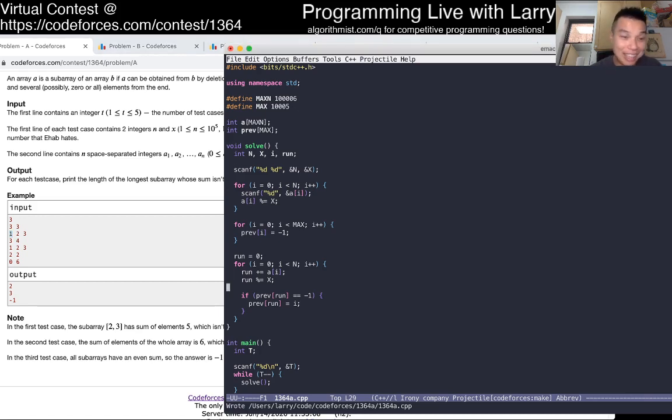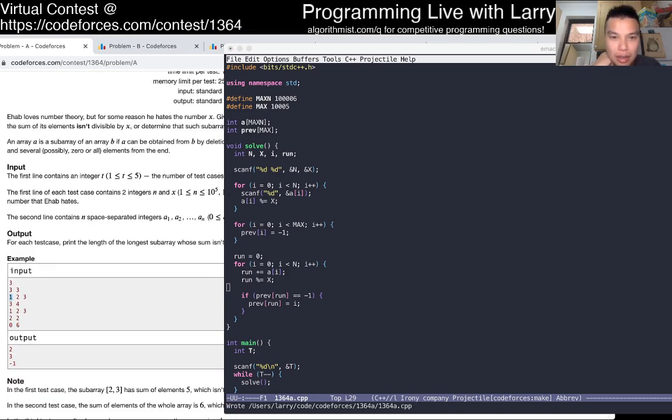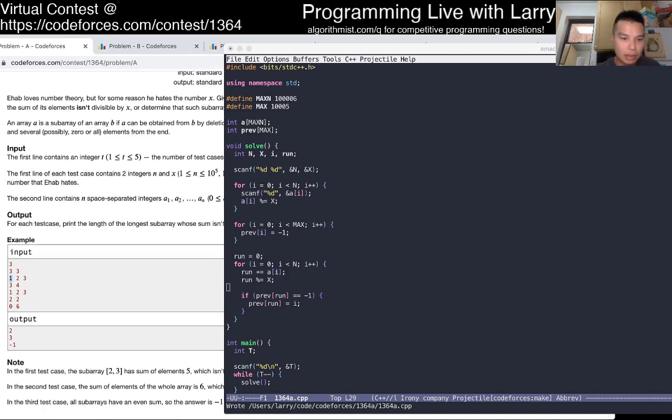Wow, it's a good thing I didn't do this live because wow, I am struggling. Okay, so it doesn't exist if it's all sums to 0, so we could fix that.